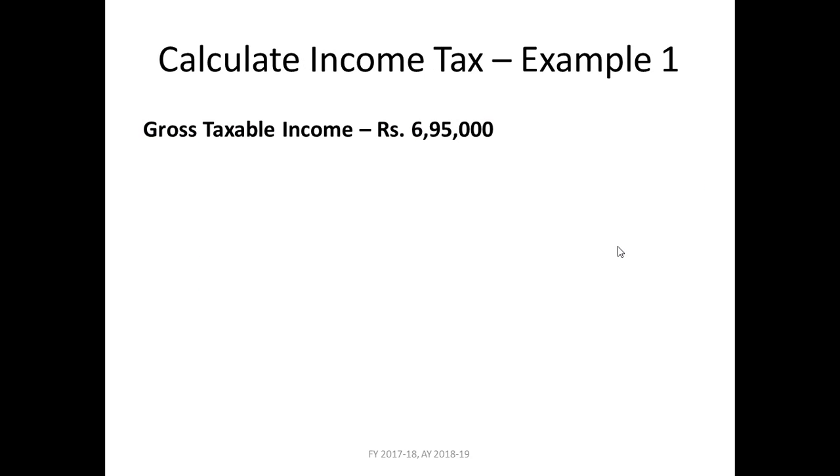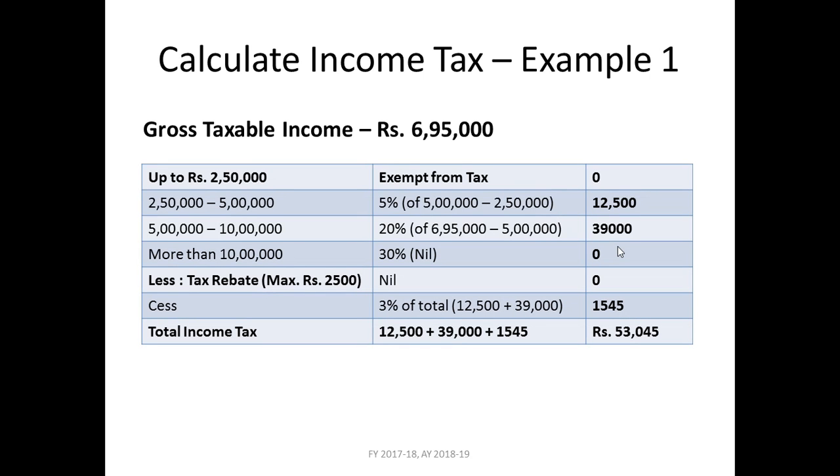So you guys must be thinking that okay, 6,95,000, that is 20% of this particular income, which comes to around 1,39,000, and you are supposed to pay 1,39,000. So this is not the process, guys, of how income tax is calculated. So the process is, you know